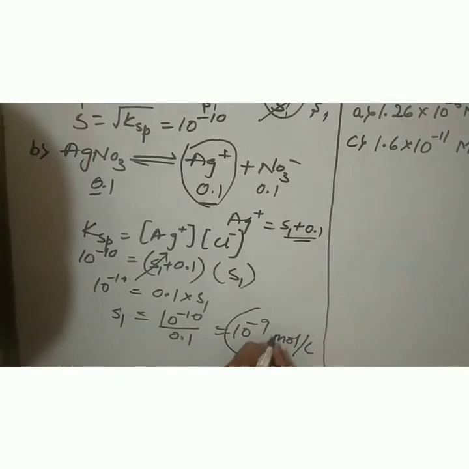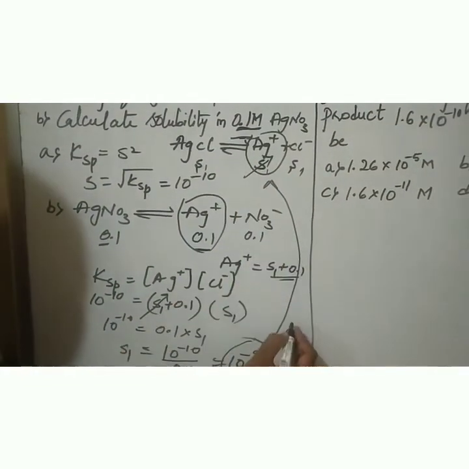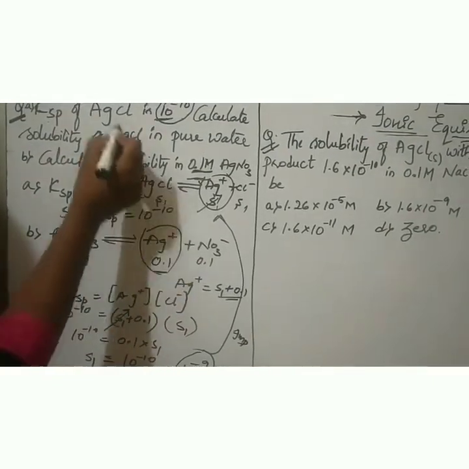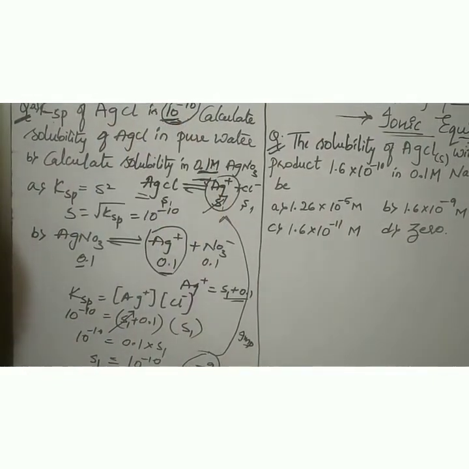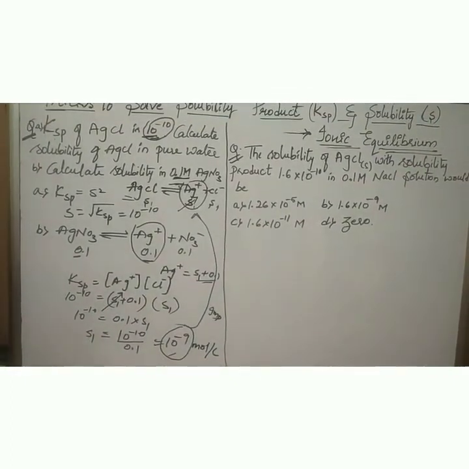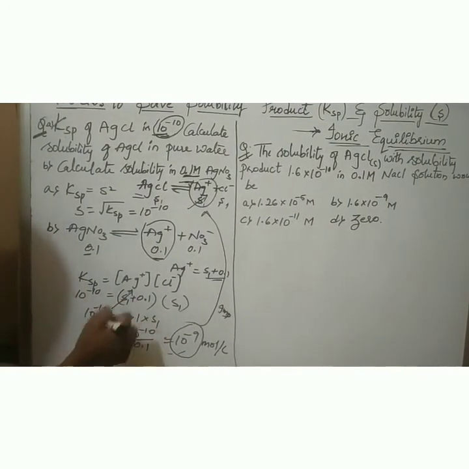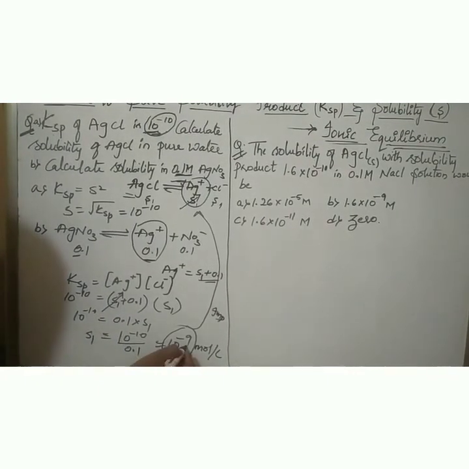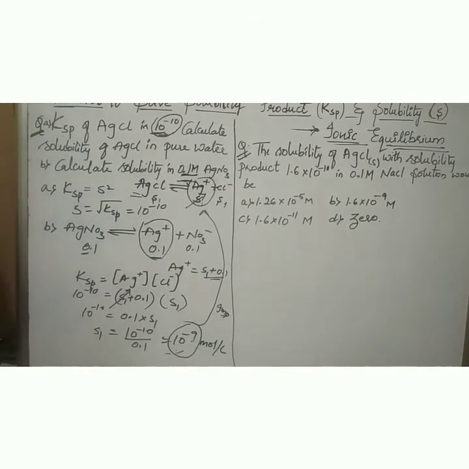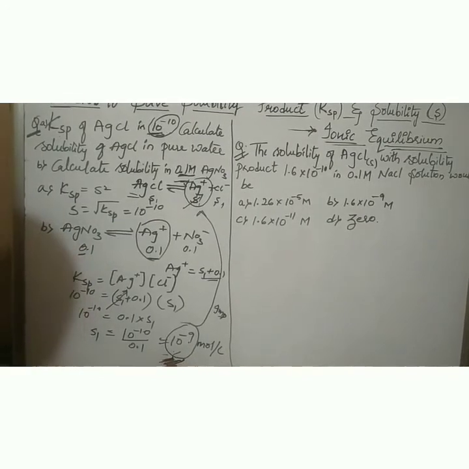Verifying the answer is important, because it is already given that the value for AgCl in pure water is 10 raised to minus 10. What I said in the trick: if the common ion is added to the solution, the solubility of the salt decreases. I have neglected S1 here. If you see this, 10 raised to minus 9 compared to 10 raised to minus 10, when you add the common ion to the solution, the solubility decreases. I think you can easily understand.